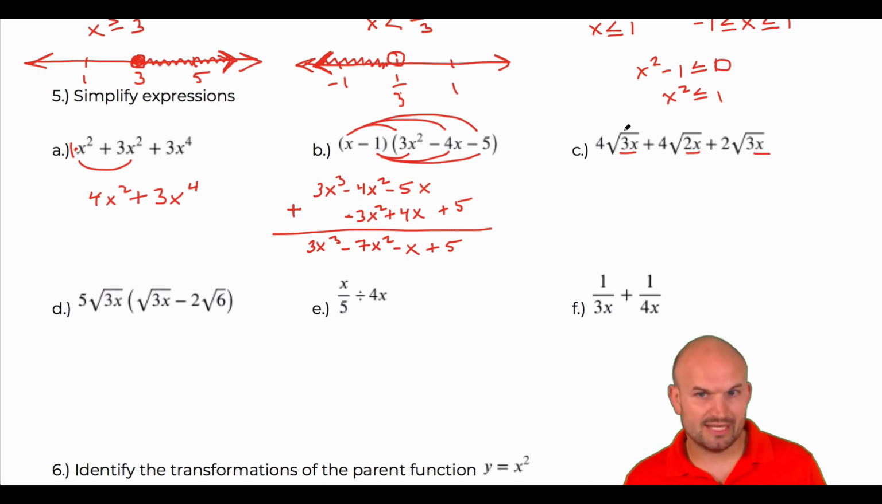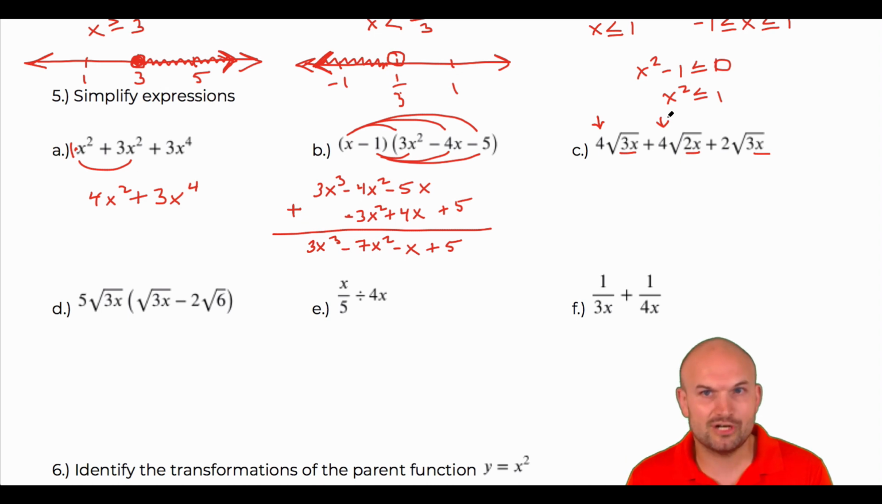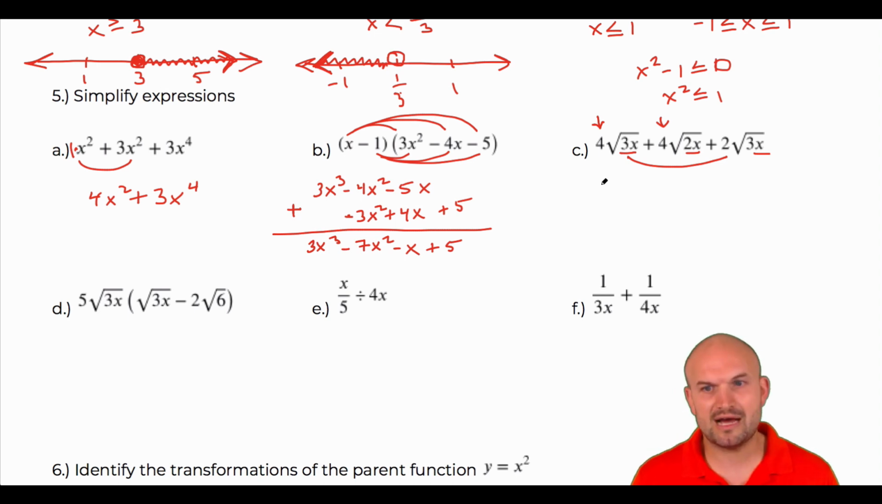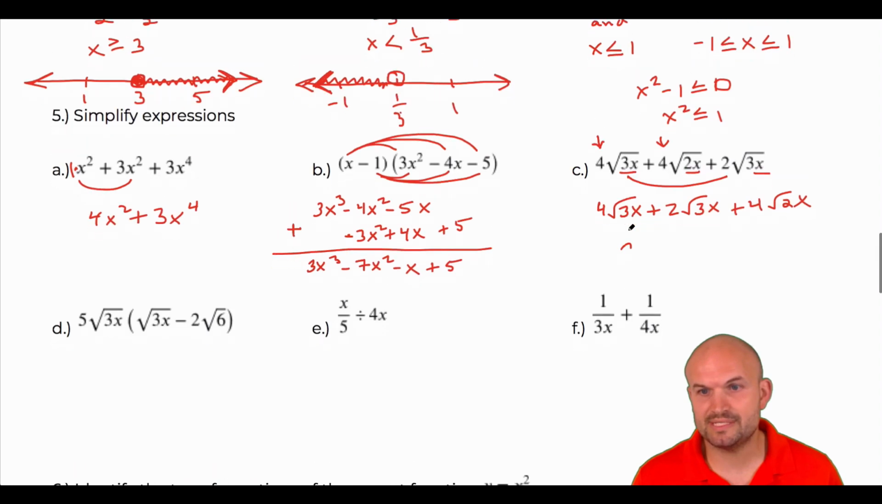So this one's kind of tricky because we're looking at the number in front, 4 and 4. And a lot of people say, oh, well, they're the same. But those are the coefficients. Coefficients don't make like terms. It's the index and the radicand. So therefore, you can see that these two terms are like terms. So I'm going to just rewrite this by grouping them together, so I can easily see which ones are like terms and which ones are not. Okay, so 4 times the square root of 3x and 2 square root of 3x is going to be 6